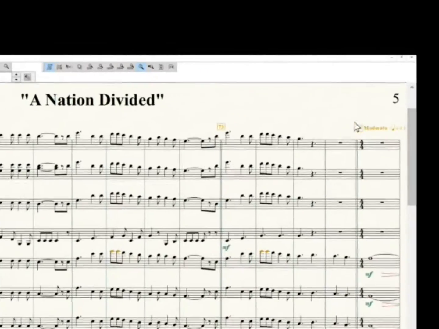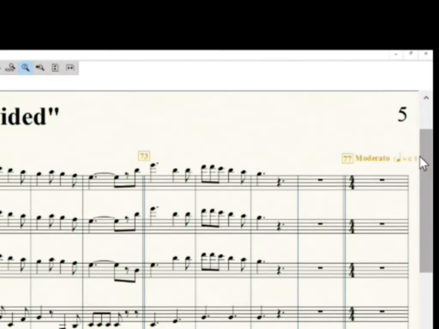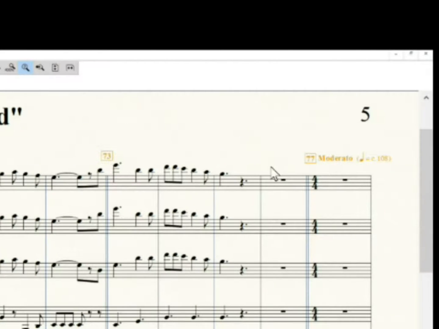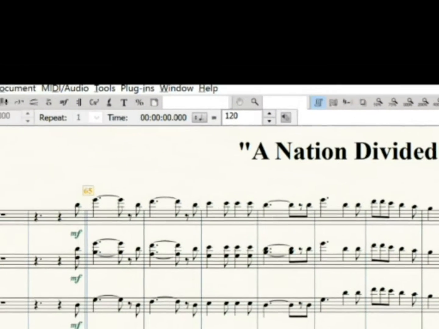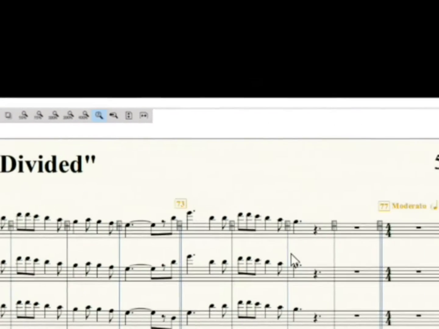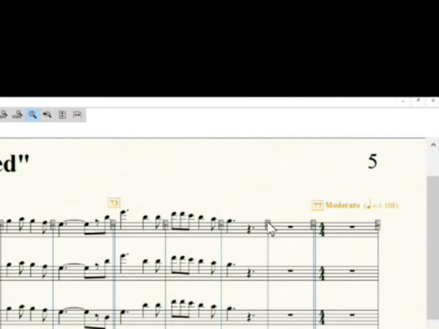Notice that here also the moderato extends past the right side of the page. If I go to the right a little bit, it extends a little bit. I believe I can fix this by moving these two bar lines. I'm going to go to the measure tool. I'm going to grab this handle here and move it just a little bit to there. I'm going to grab this measure tool and move it that much and then that much again.